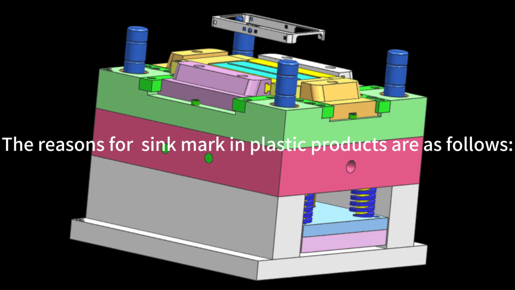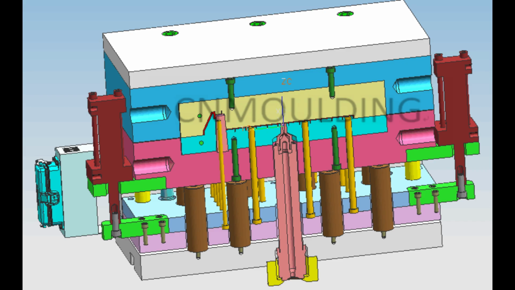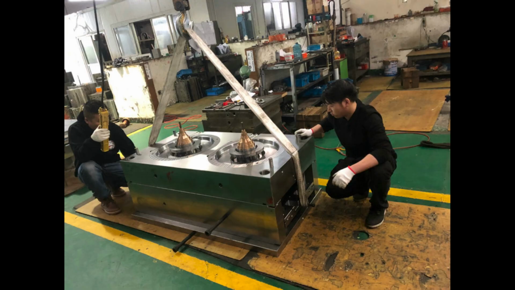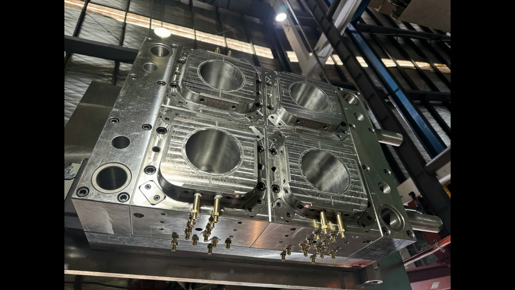The reasons we think marking plastic products are as follows. Sink marks in injection molding are common defects that occur when the surface of a molded part shrinks and creates a depression or dimple. This typically happens because the inner part of the material cools, then shrinks faster than the outer surface, pulling the surface inward. Sink marks are most noticeable on thicker sections of the part or near ribs, bosses, or other features to create